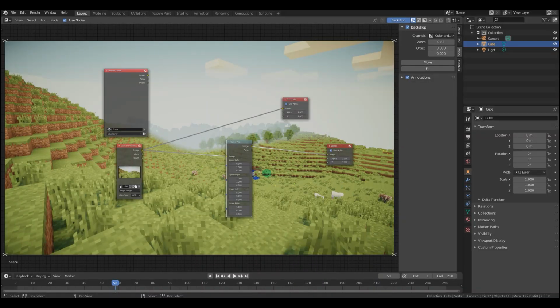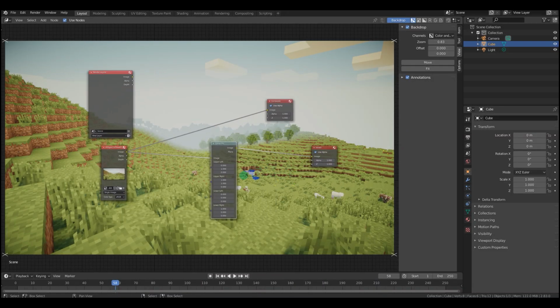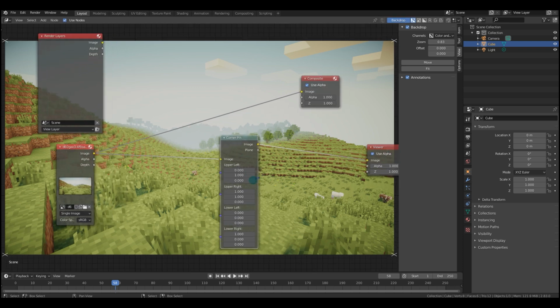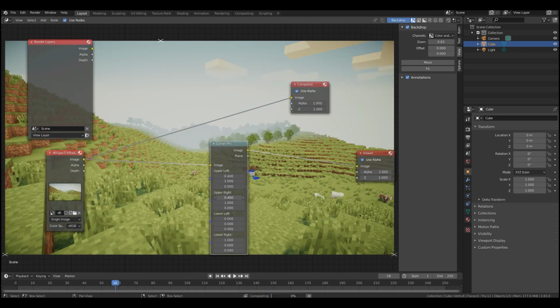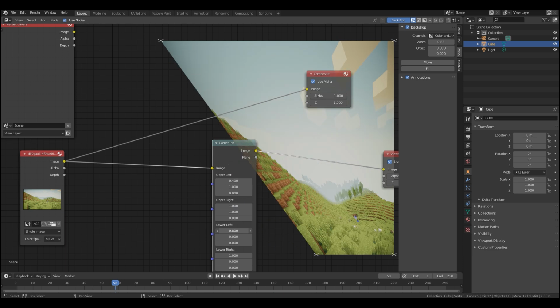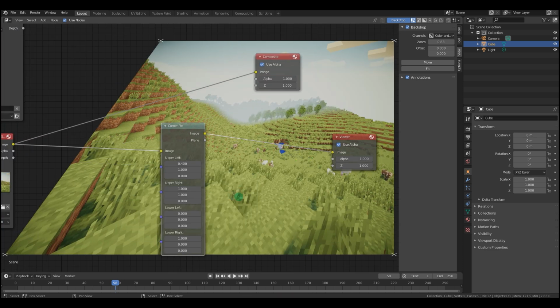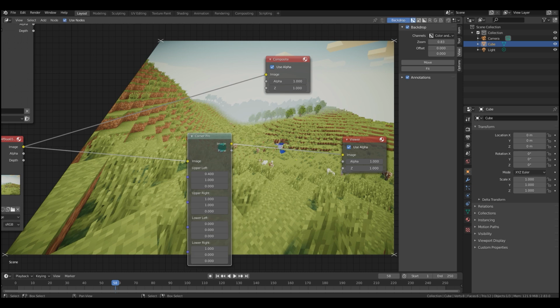The distort nodes are all about distorting or deforming your inputs in specific ways. The corner pin node, for example, distorts images by displacing the corners of the image. If you're planning on something like mapping an image to a screen, you're probably going to be using the plane track deform node, not the corner pin node. We'll get to that in a little bit.